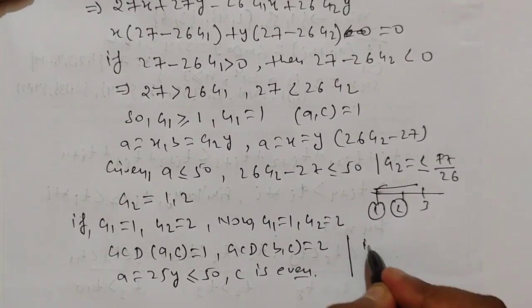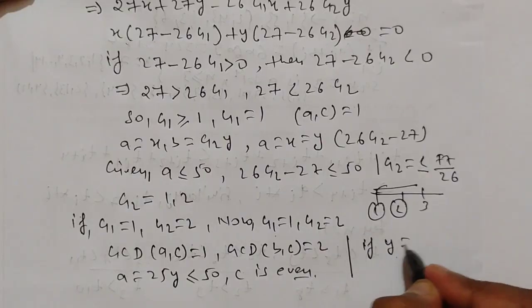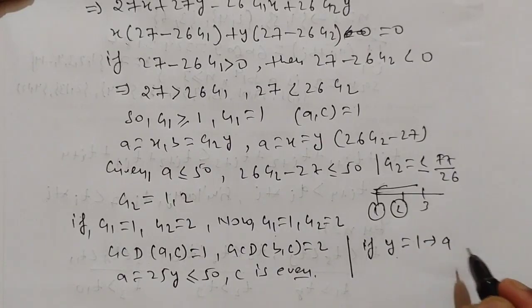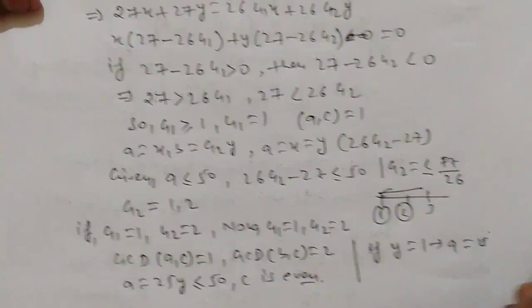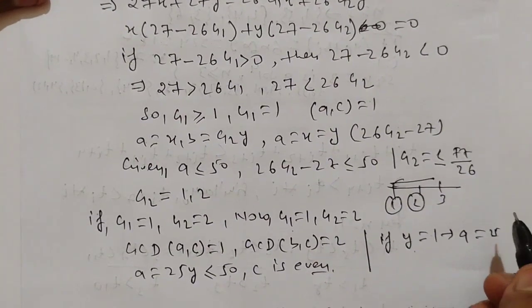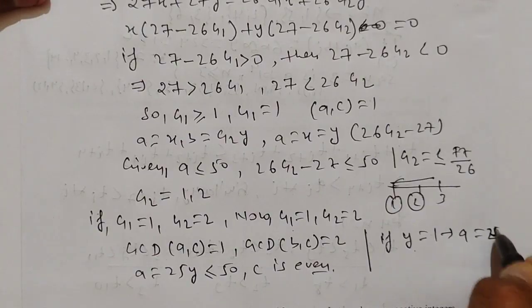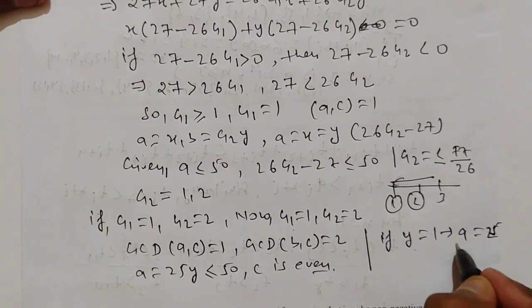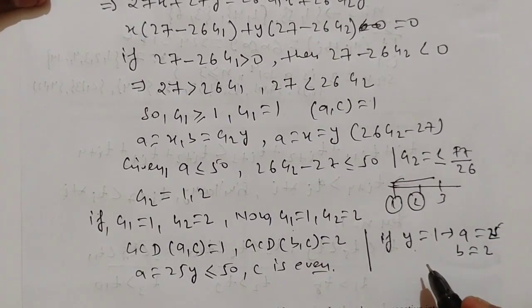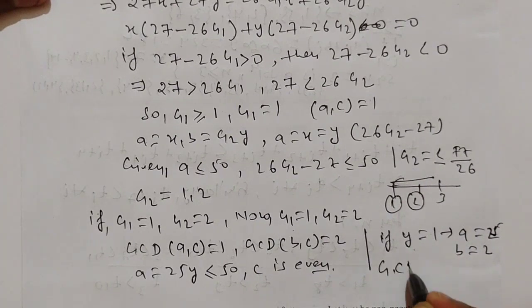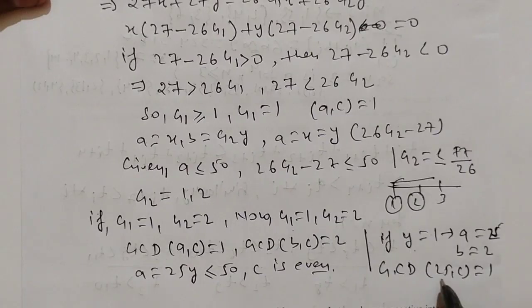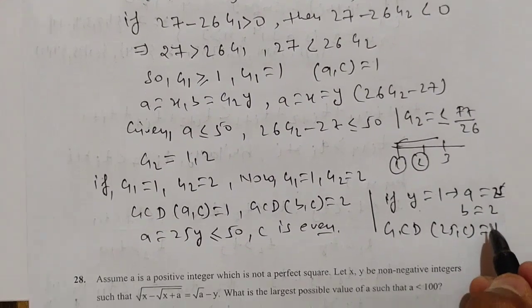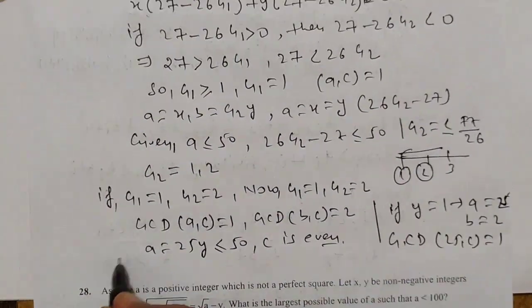Also if Y is equal to 1, it gives A is equal to 25 and B is equal to 2, and the GCD of 25 and C is 1, meaning both are co-primes. So